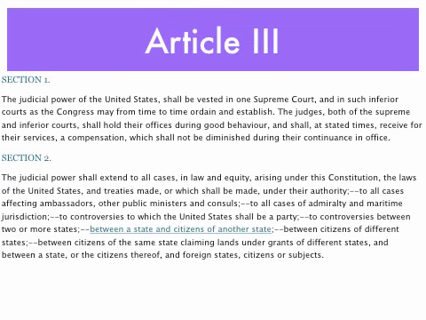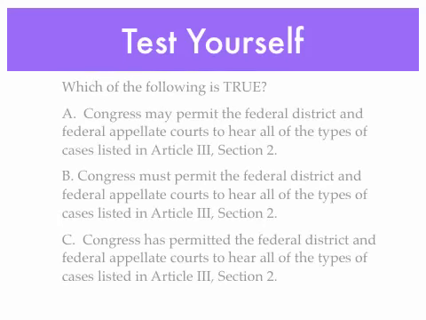So you really need to read Section 1 and Section 2 together. And I realize that's a point of confusion, but it does mean that Congress may permit the extension of subject matter jurisdiction to the full extent of Section 2, but they don't have to. It also means that option C is wrong just based on what Congress has done. Congress has not at this point permitted district courts to hear all of the cases listed in Article 3, Section 2, or at least hear them to the full extent that's permitted under Section 2. And that's a lot of what we're going to learn about. What has Congress actually permitted? What doesn't it permit? And we'll try and work from there.